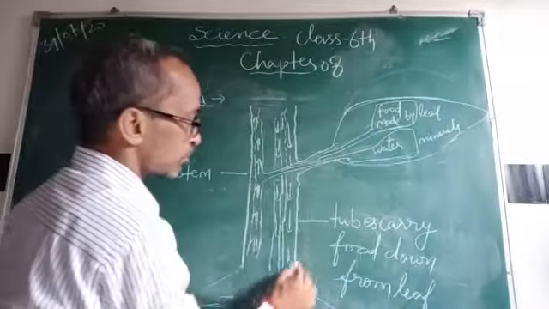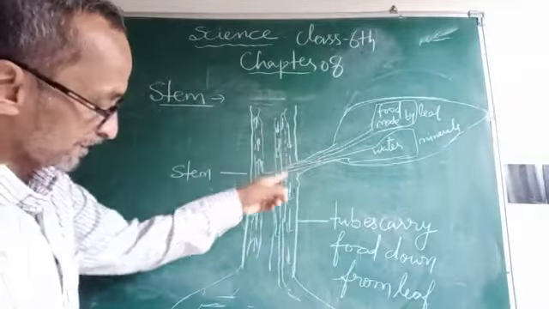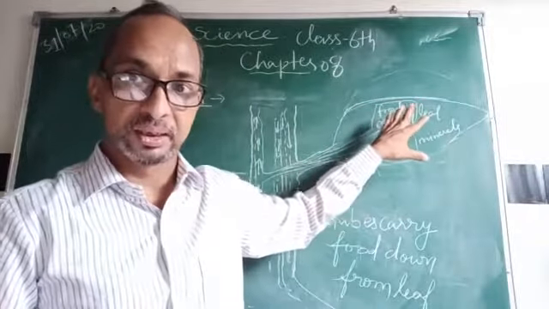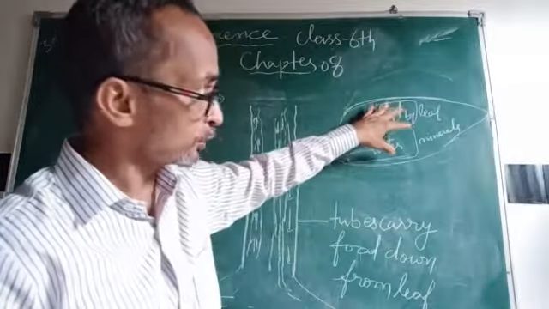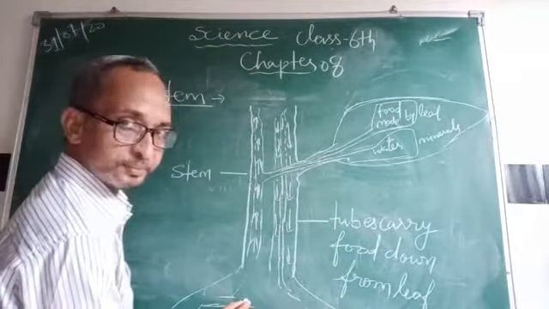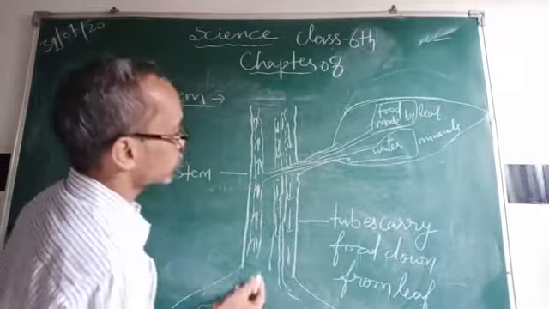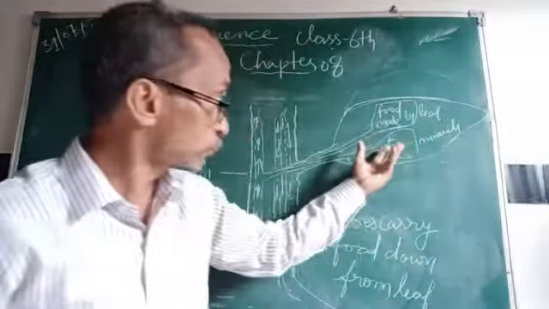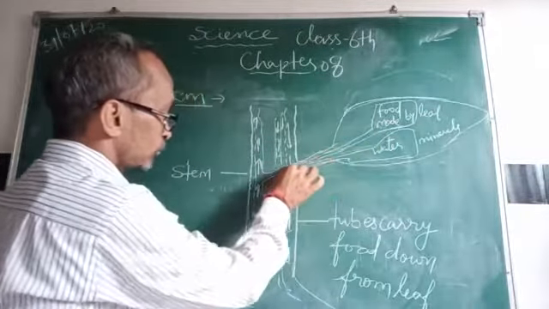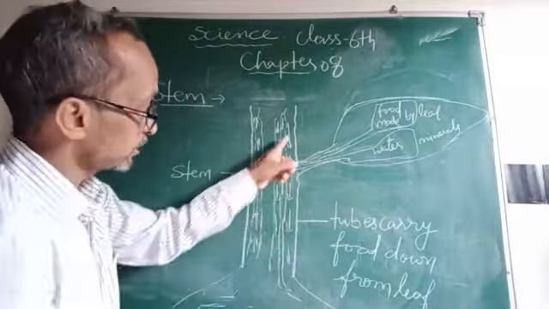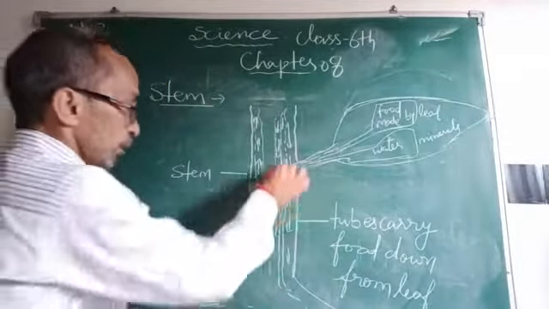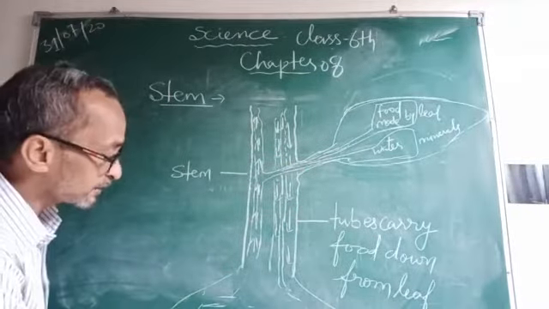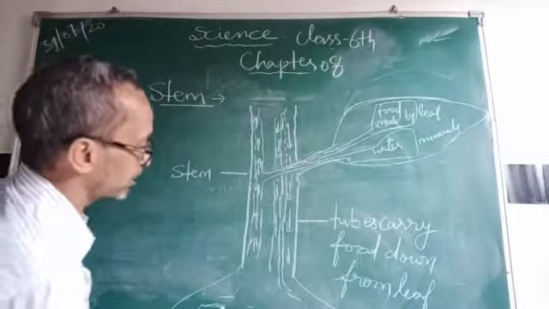These leaves absorb, taking here a given arrow in the direction from the leaves. Food making. Leaves make food. When the sun shines on the leaves, and minerals and water are absorbed by the roots from the soil, the leaves make food, and that food is transferred from the leaves by these tubes. There are two types of tubes. One tube carries food down from the leaves, and the second carries water and minerals from the soil to the leaf.